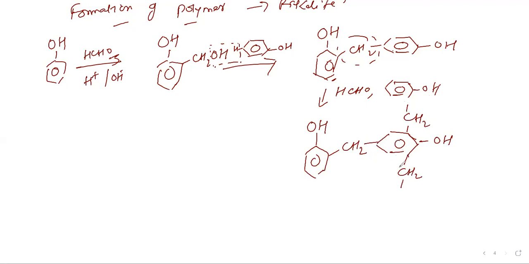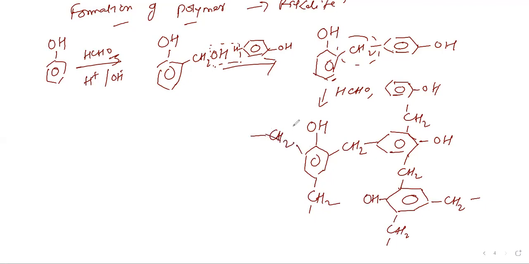Now, here these two phenol molecules are linked via methylene. So you have another phenol molecule here like this that would be linked via phenol molecule. So this is how your cross-linked polymer looks like. So here also you have CH2 group, right? And after this, you will again have a phenol molecule, right? This benzene ring, a phenol molecule. So here also you have CH2O, and after this, you will have another this kind of a molecule, right?